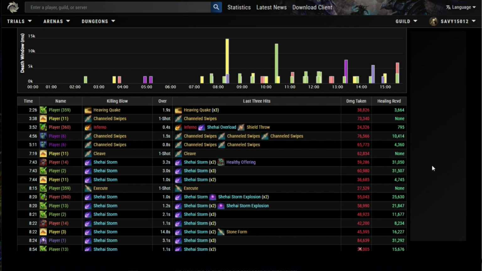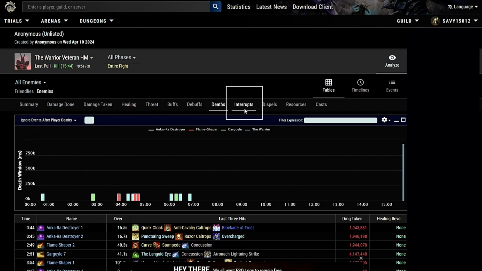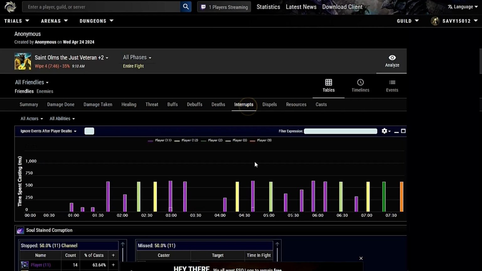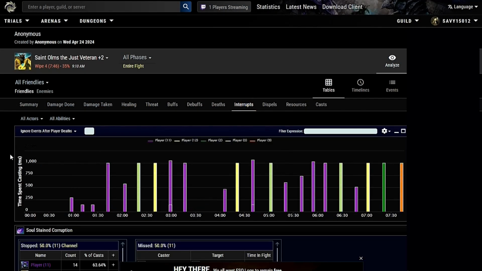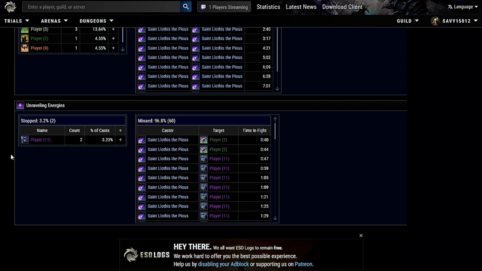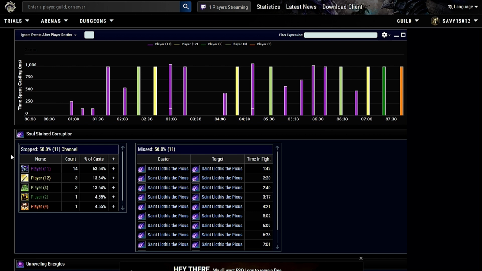After that, we have the tab Interrupts. This is more prevalent in fights such as Asylum Sanctorium, where a specific player is actually assigned to interrupt the boss, Saint Lothis the Pious, during his channeled poison attack called Defile Blast. On this tab, the information is organized